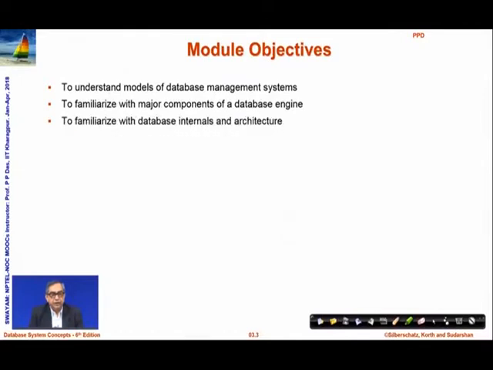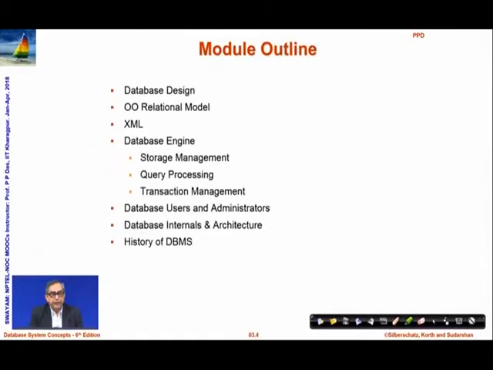We will elaborate on those and familiarize ourselves with the basic architecture of a database management system, some of the internal components, and will present a brief historical perspective of the DBMSs. So, this is the outline that we will follow.